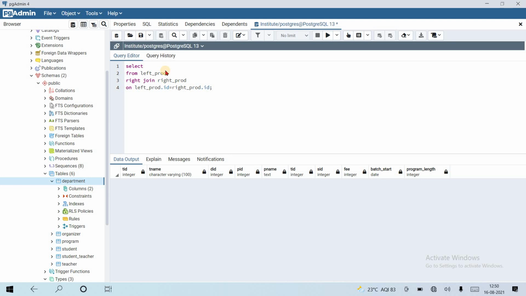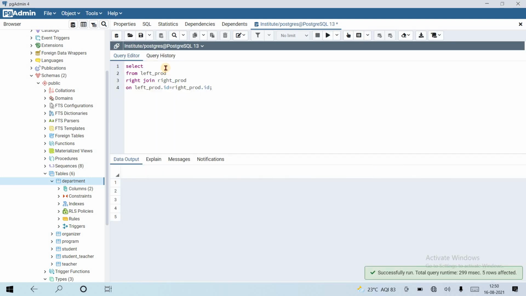That's it. Let's run the query, but we haven't selected any value. If I use star here, then it will fetch 5 values.